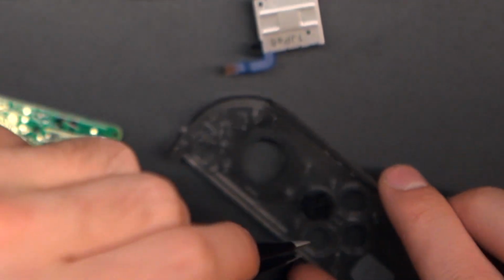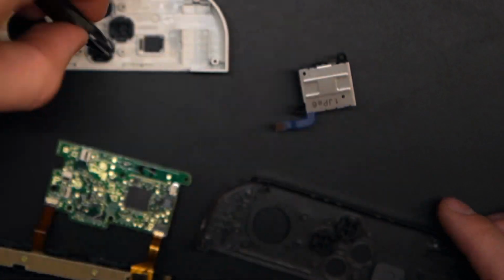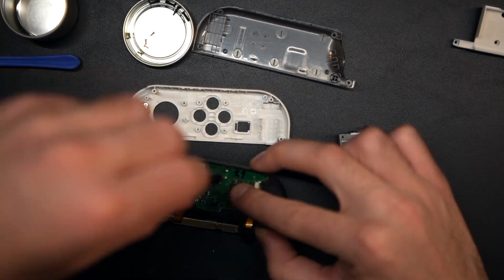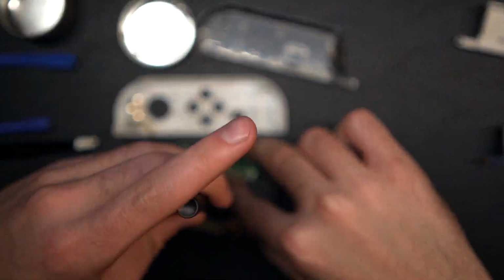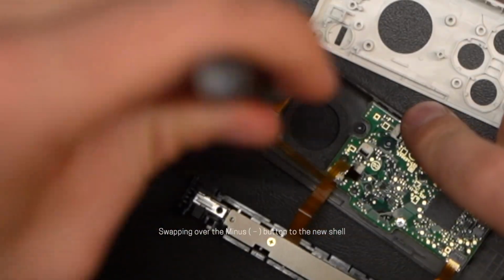Thankfully, all the buttons have little plastic pins on the edges, so there's only one way they can each go in, but I was extra careful to make sure they were all in the right spot. Rubber seals go over the top, and then the motherboard can be screwed back into the new casing to hold them all in. The last thing to swap over from the front piece is the minus button, held in place